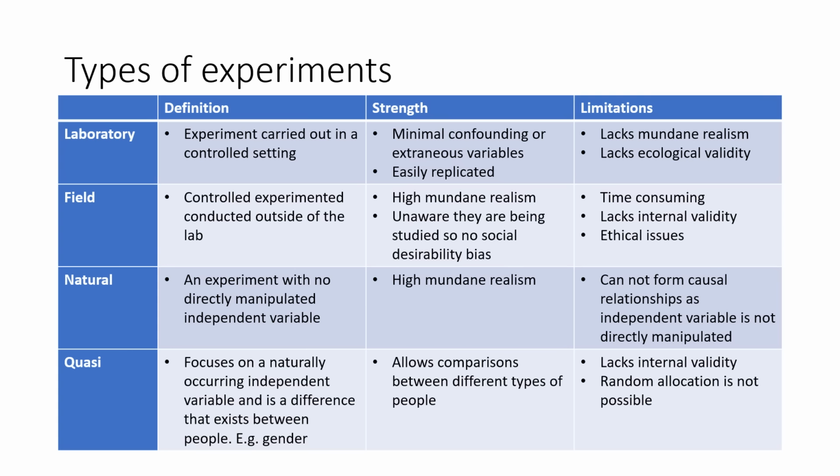And then you've got the natural experiment, which is an experiment with no directly manipulated independent variable. There is high mundane realism or ecological validity again, but it cannot form causal relationships as the independent variable is not directly manipulated. And then lastly, you've got the quasi, which focuses on a naturally occurring independent variable and is a difference that exists between people. This allows comparison between different types of people, but it lacks internal validity and there is no possibility for random allocation. And also, one thing I'd like to mention that's not on here is the fact that it's very hard to come by a good,